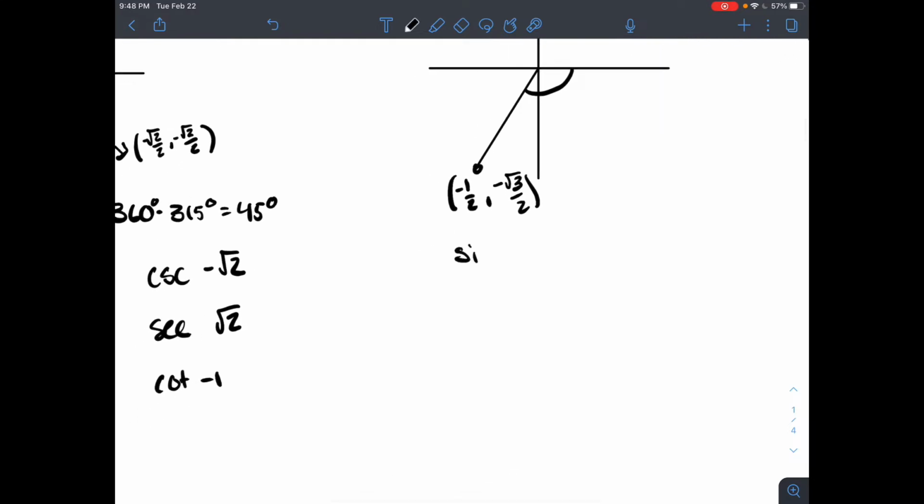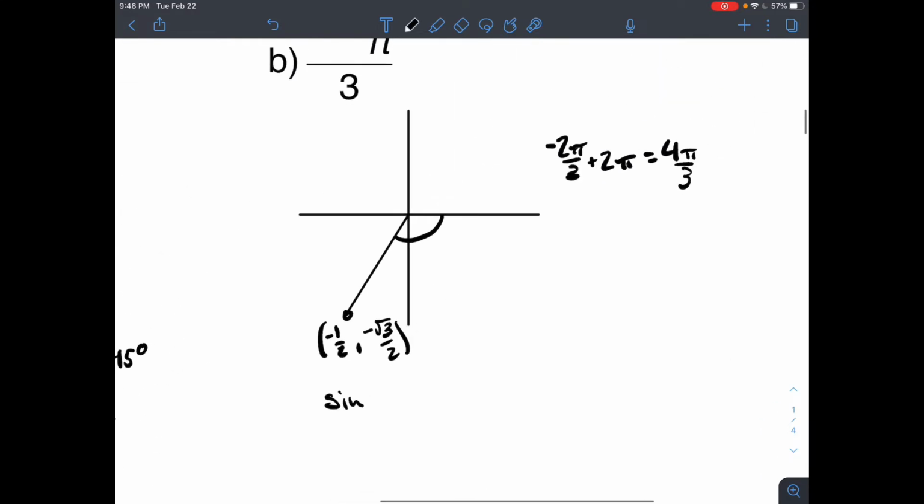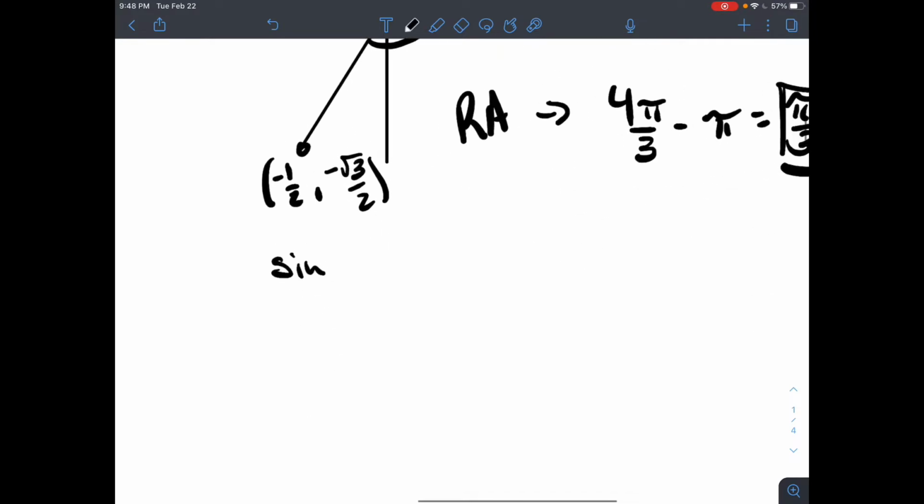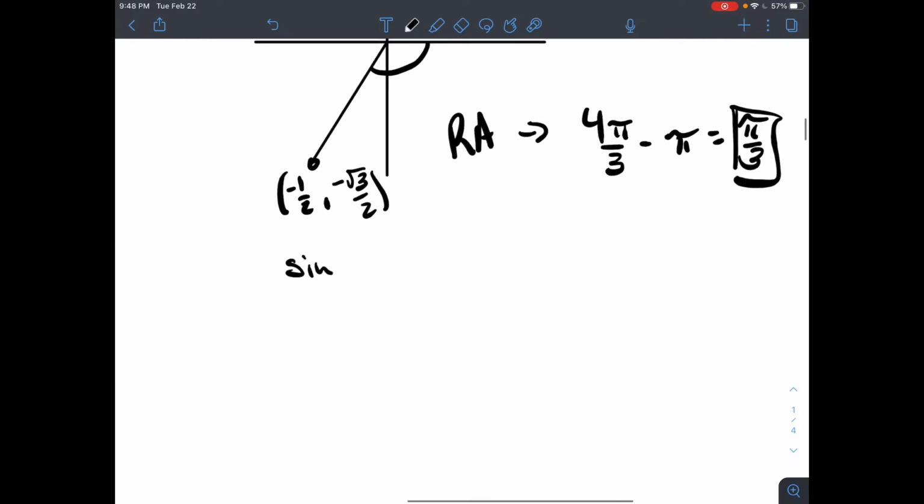So sine, we need to look at our reference angle too. I think our reference angle is going to be 4 pi over 3, which is the coterminal angle, minus pi. That'll be pi over 3. So that's our reference angle. Let's not forget that. So our sine,